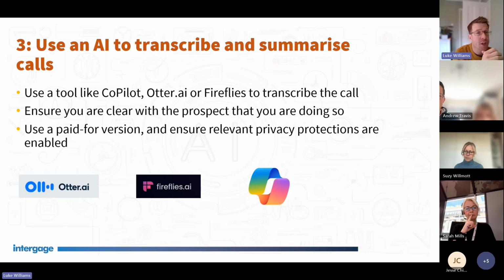So we use a combination of Fireflies and Copilot. One of the other reasons we like Fireflies is it is compliant to a standard called SOC 2, which is an American